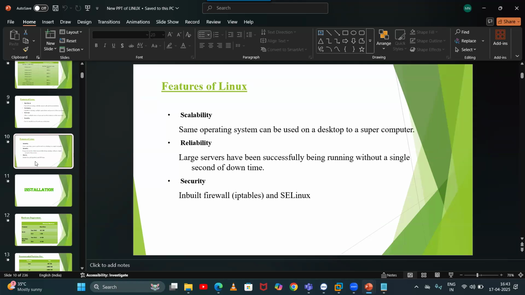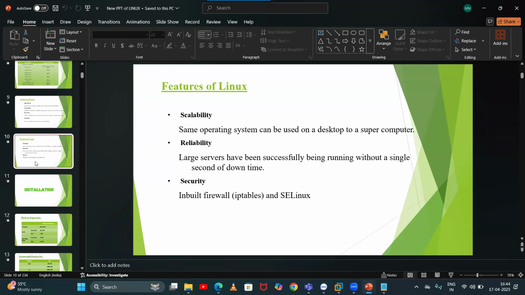And there is swap memory also in Linux, which is used to increase the speed of RAM. Swap memory means virtual memory. We create virtual memory from the hard disk to increase the speed of RAM. That I will show you while installing the operating system. If I have 1 GB RAM, I can add 2 GB virtual memory to my RAM, means 2 plus 1, 3 GB. Using 3 GB space, your RAM will work. That I will show you practically while installing the operating system.